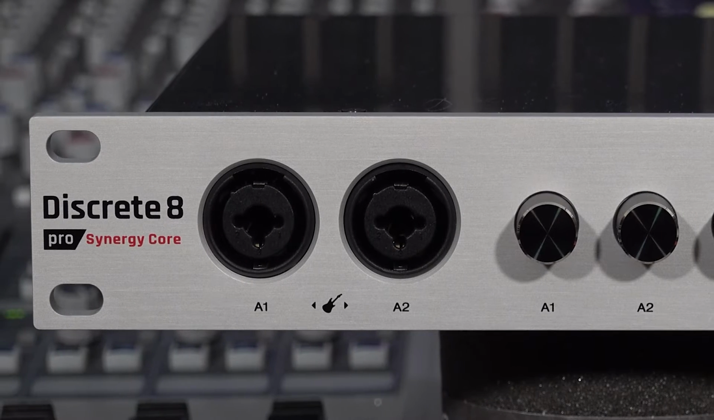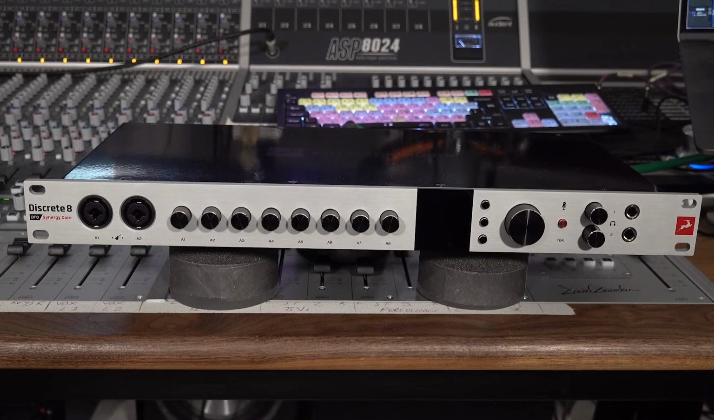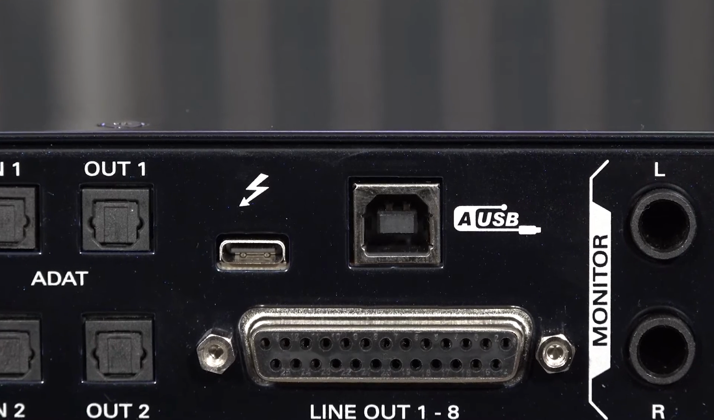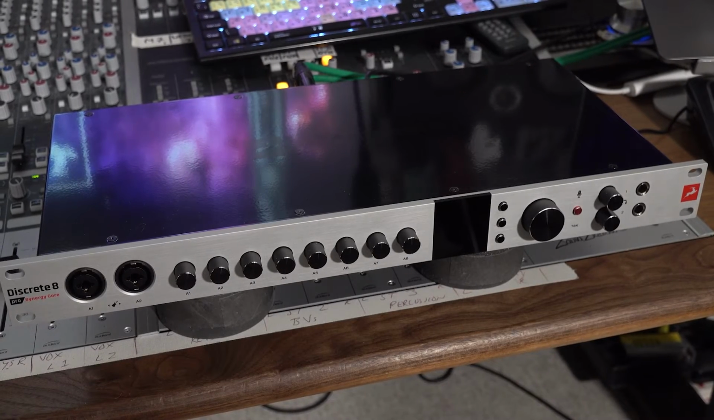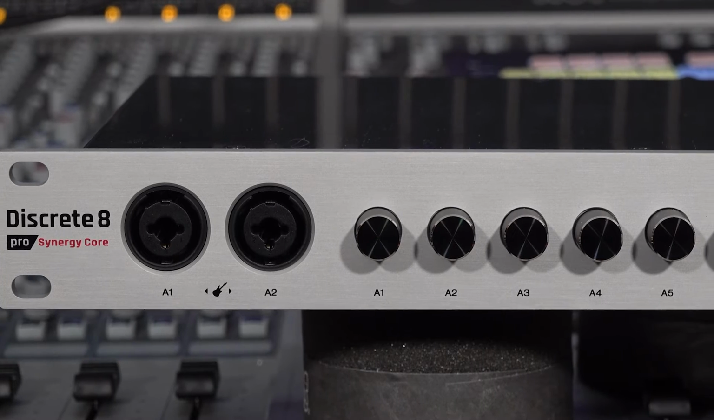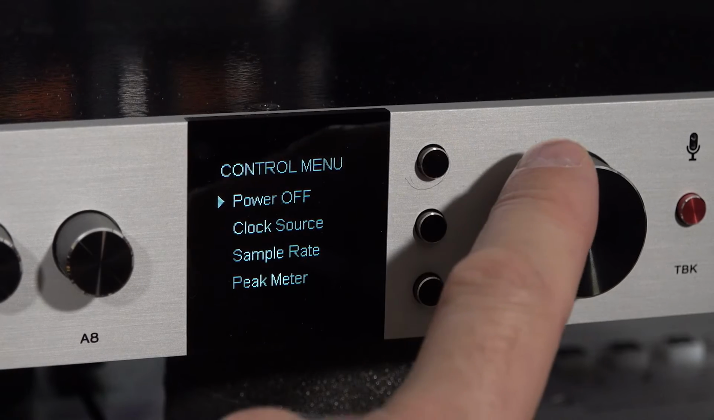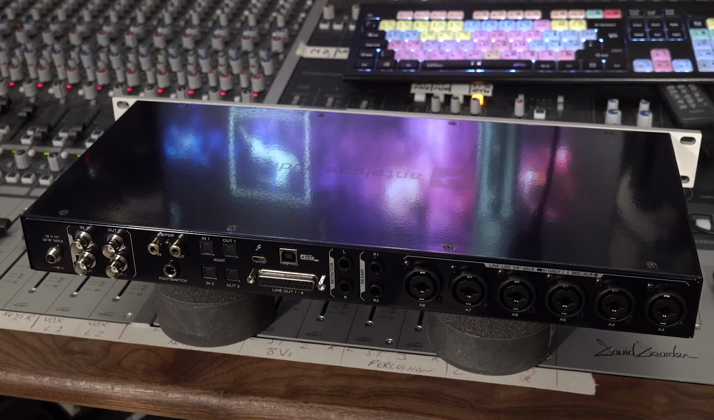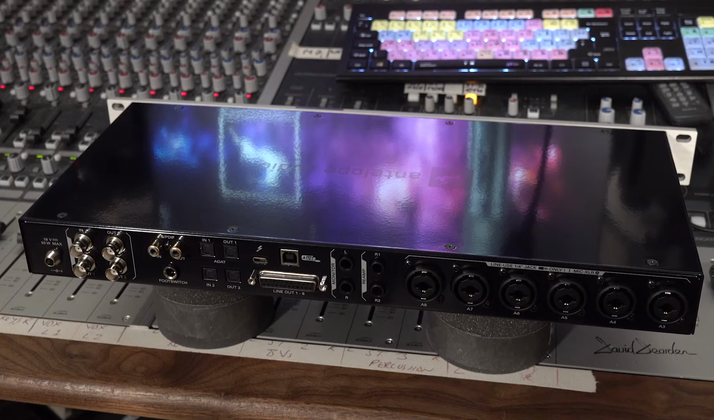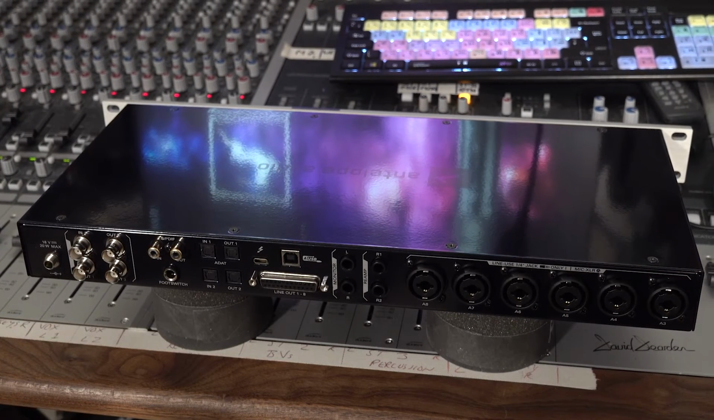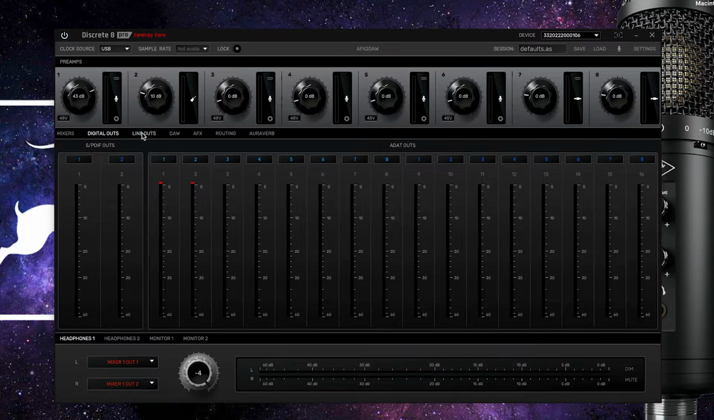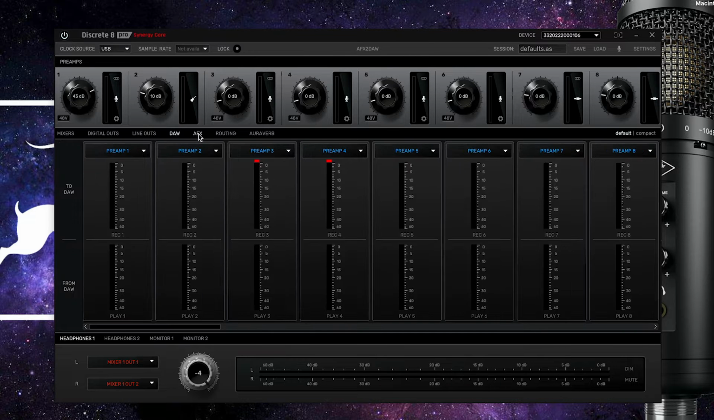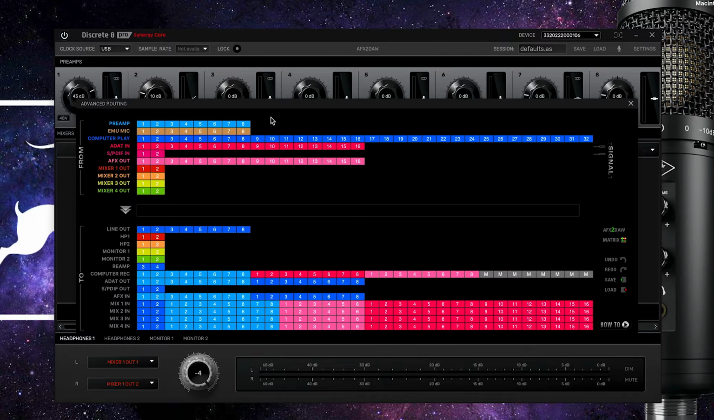The new Antelope Audio Discrete 8 Pro Synergy Core, Thunderbolt 3 and USB audio interface has many of its features, like the mic pre's, available for control from the front panel. However, to really make the most of the Discrete 8 Pro and get under its very powerful audio skin, you need to be familiar with and know your way around its new hybrid control panel workflow. And in this video, I'm going to give you the deep dive tutorial to help you make the most of